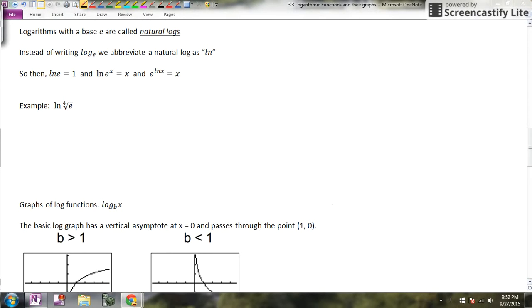Great effort you showed on that last one. All right, good job. Now, just like there was a common log, there's also a natural log. And what is natural log? Well, remember Euler's number? Euler's number is that weird